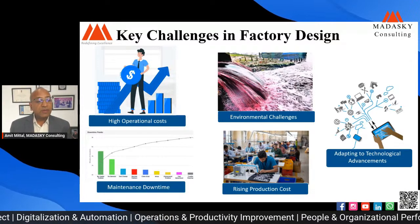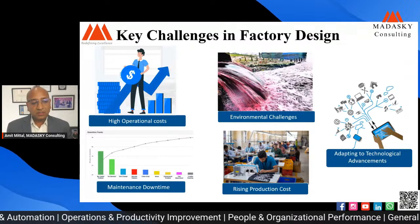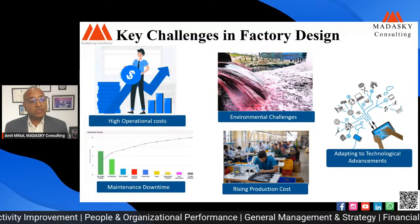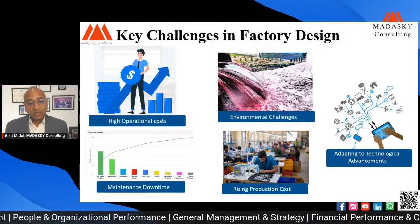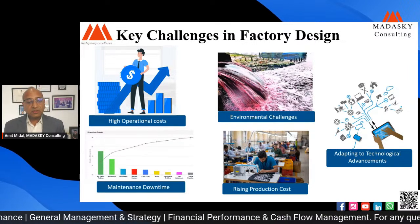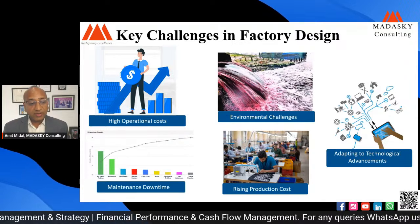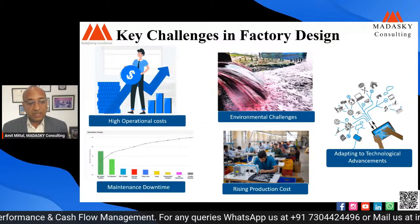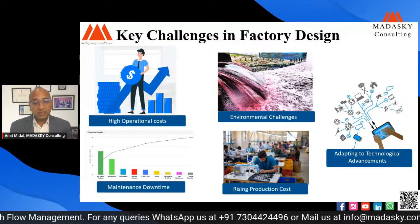There are environmental challenges. How do you treat your water? How do you treat not just the processed water but also the domestic water? What kind of environmental challenges are created because of the factory, be it a waste of any kind, be it domestic waste or material waste or any kind of waste or rejection which is generated, is also adding up